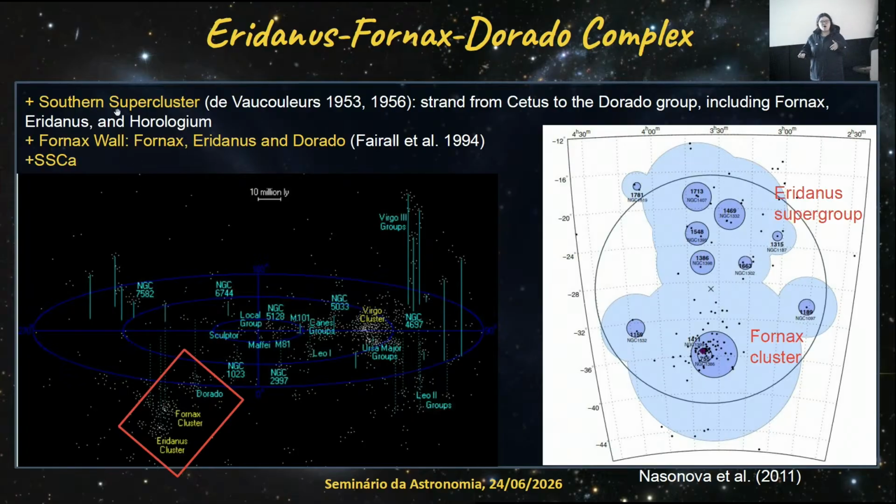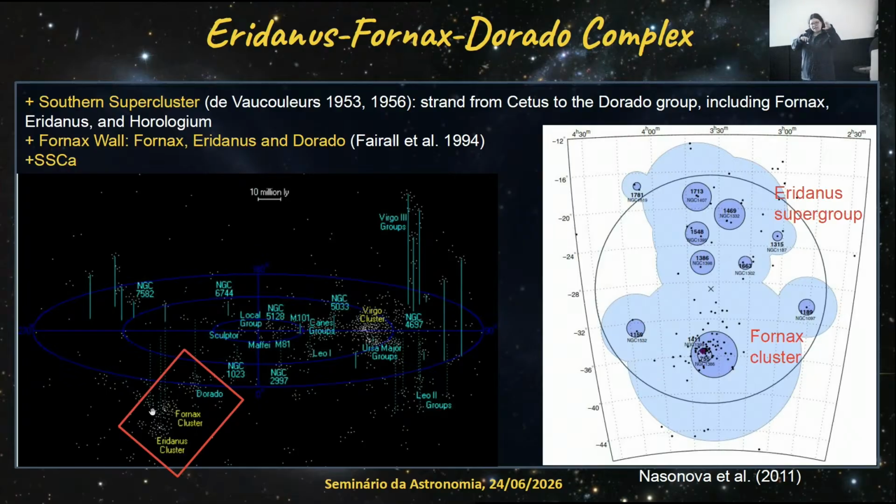More currently, they call it SSCA, because it's a strand of the southern supercluster that divides in two. That's a lot of names, but the point is it is a huge complex in the sky that connects three main structures. The first is the Fornax cluster, which is the main element of this substructure. Then you have the Dorado group,